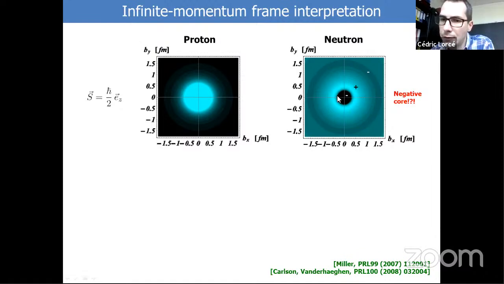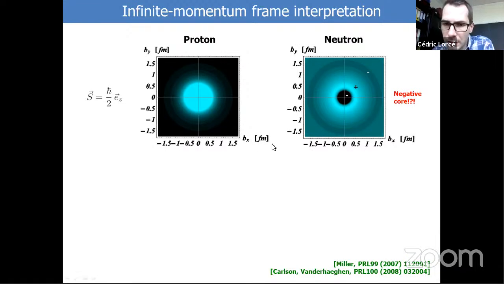And it's very surprising because we don't have any simple idea. We had actually no simple idea of why, when the neutron is moving with the speed of light, the charge distribution looks negative in the middle. So there has been a couple of papers of Jerry Miller and collaborators trying to understand that from a dynamical perspective, working with models and so on, but they never reached convincing arguments.